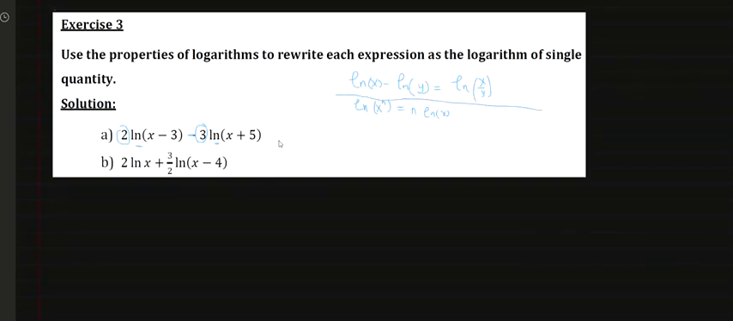Okay, so let's do this here. We will say that's equivalent to ln(x minus 3) raised to the power of 2 and ln(x plus 5) raised to the power of what? 3, and keep the minus. And then we will combine them into one ln as (x minus 3) squared over (x plus 5) to the power 3. And all of these are input to the ln,